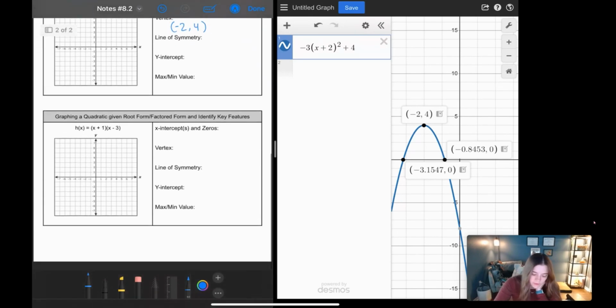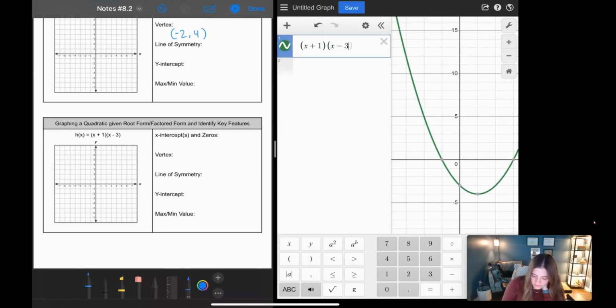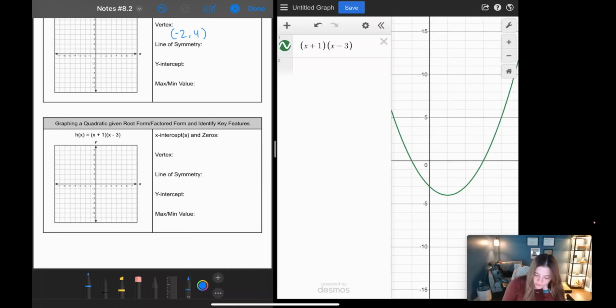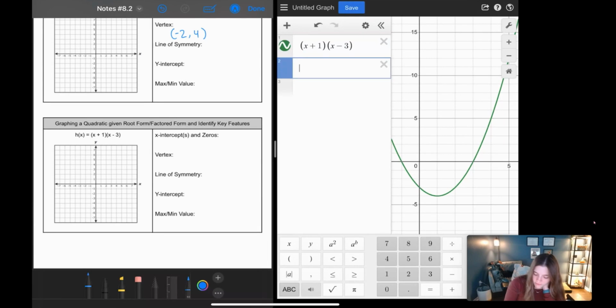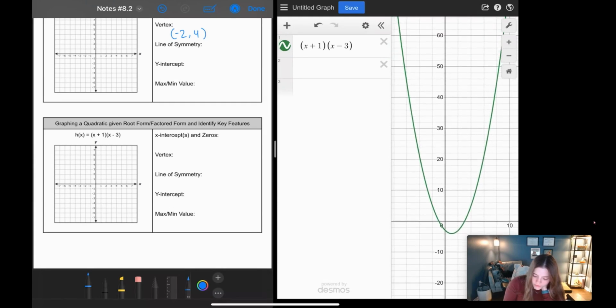All right, let's take a look at this one. Get rid of that. Same thing, we're going to say parentheses, x plus 1, parentheses, okay? Parentheses again, because we're in root form, x minus 3, parentheses. So, look at that. It gives you your x's, your zeros, right? Which should be obvious because that's what's right there for you. It also gives you your vertex, your minimum value. It also gives you your